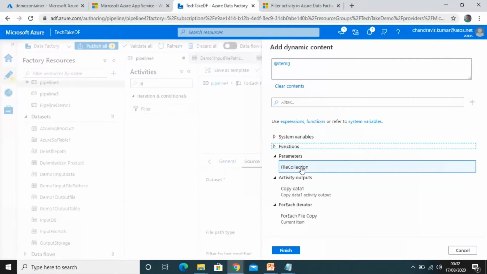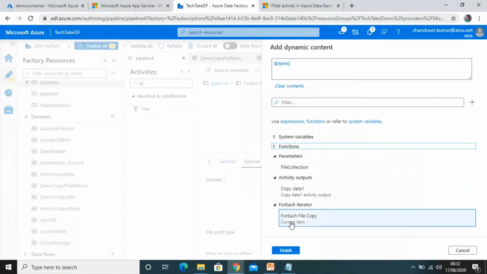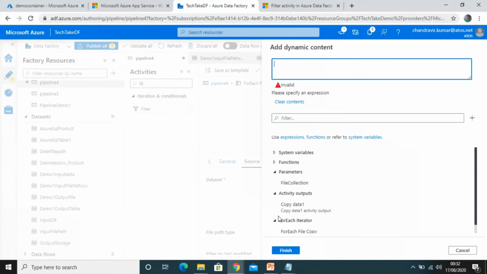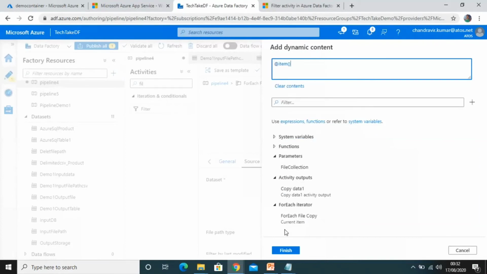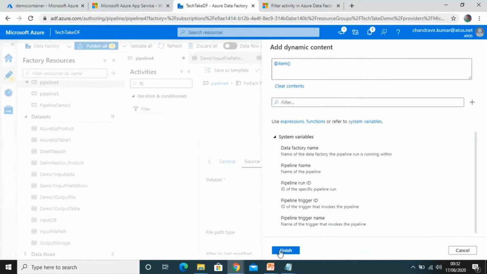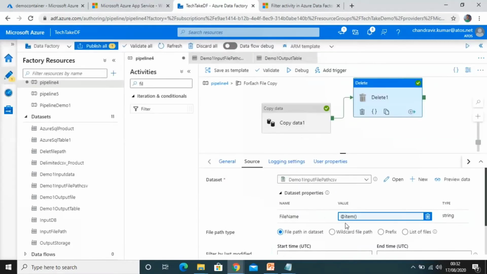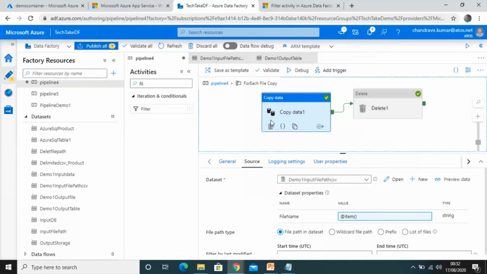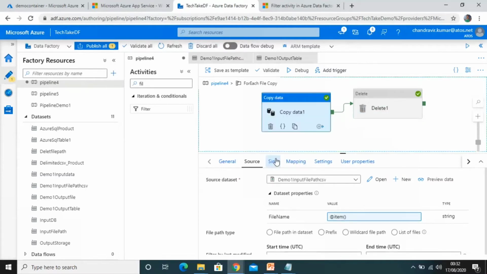This is the parameter for the file collection, and here is the item, which is nothing but each element of that array. I made that dynamic as the source, so it will process one by one.